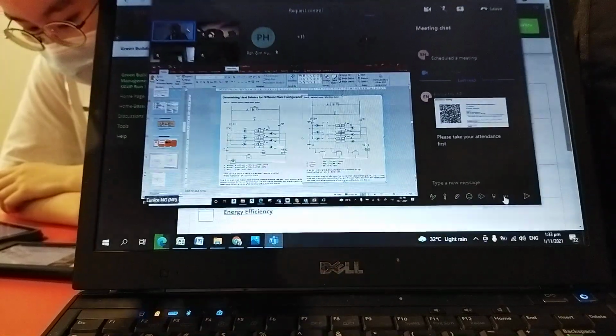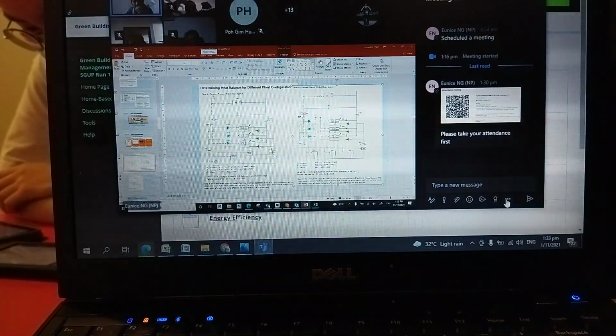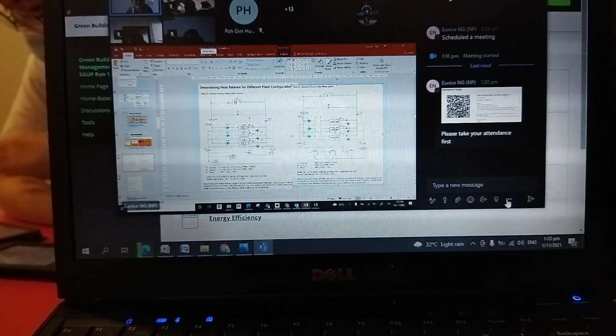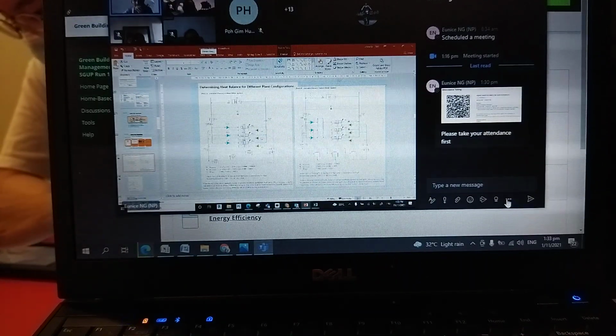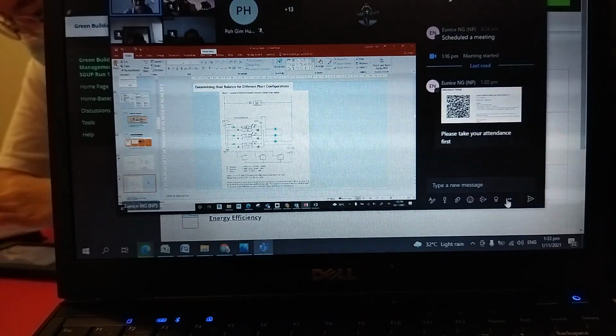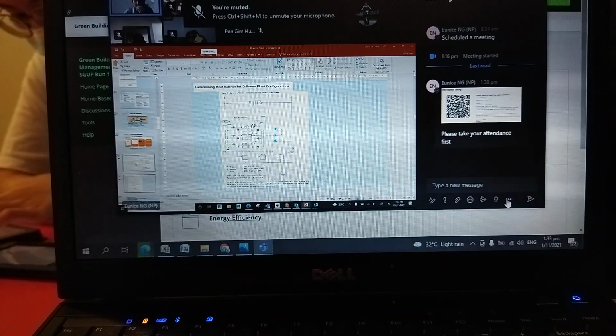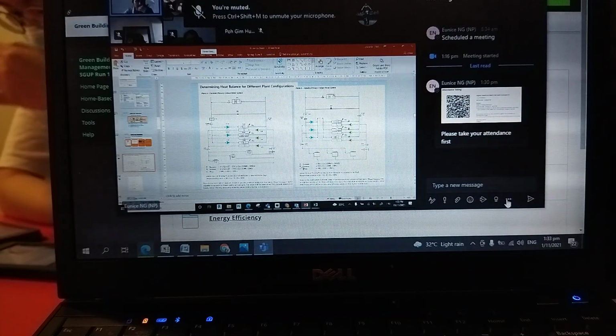Saving, right, or something like the constant. What is more efficient? Is it the constant primary chill water system, or the variable primary chill water system, or the constant primary and variable secondary system? Okay, if you look at the primary system, if I divide